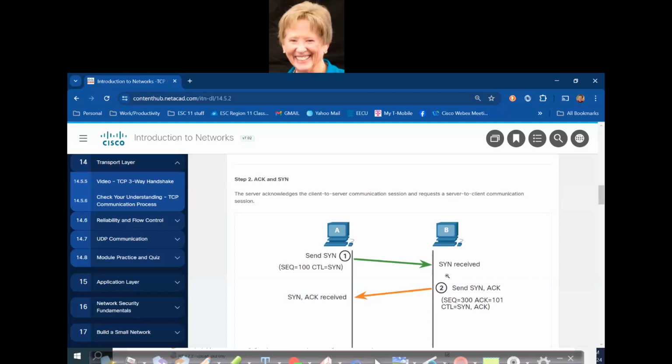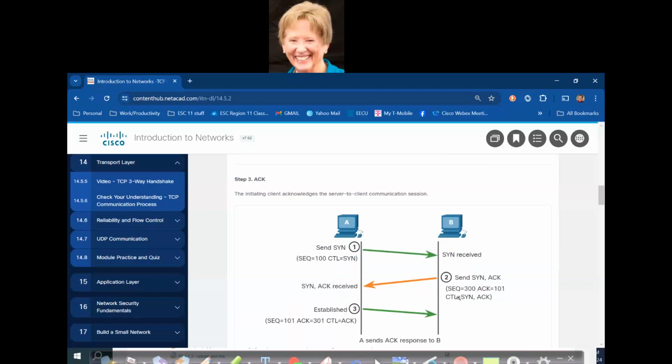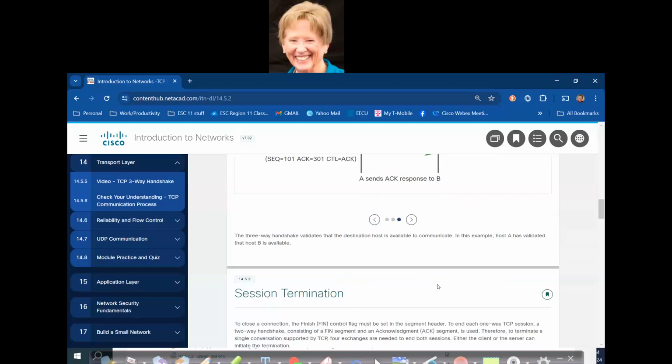So now I'm sending an acknowledgement of my session that I've got it, yes, because I've incremented it by 101, pardon me. And after you get that acknowledgement and that synchronization, now you've got an established sequence. I got the sequence 101. I'm acknowledging your acknowledgement, and I'm incrementing it by 1. And so you have this window that goes back and forth, and that's how it kind of keeps track of